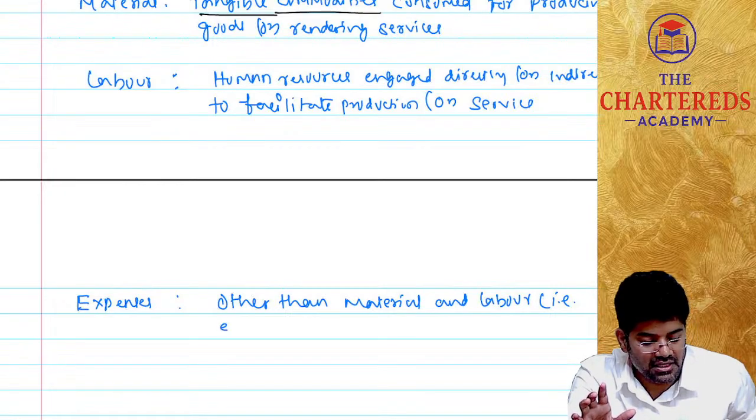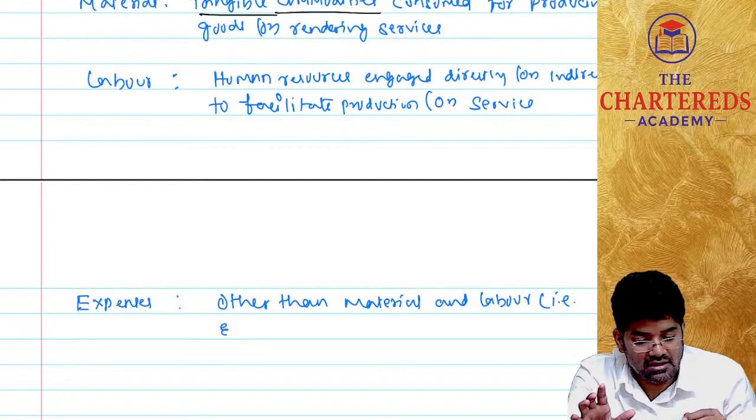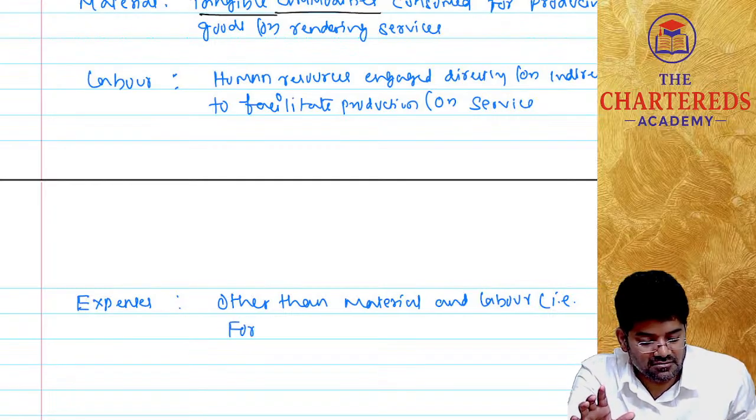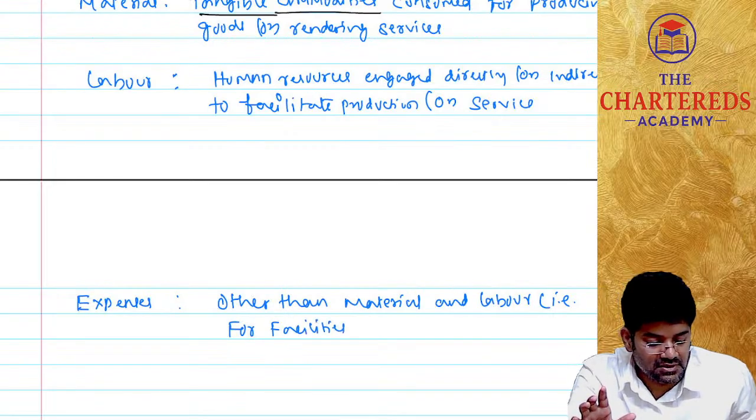Expenses, you can write in bracket for facilities, like factory,